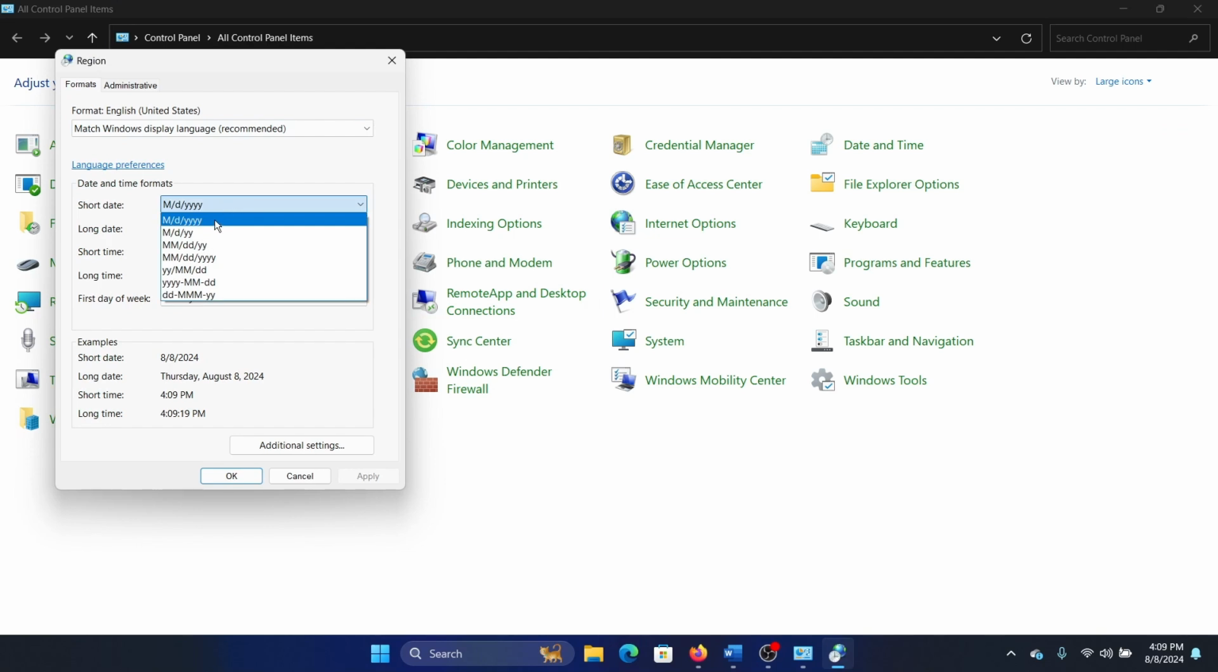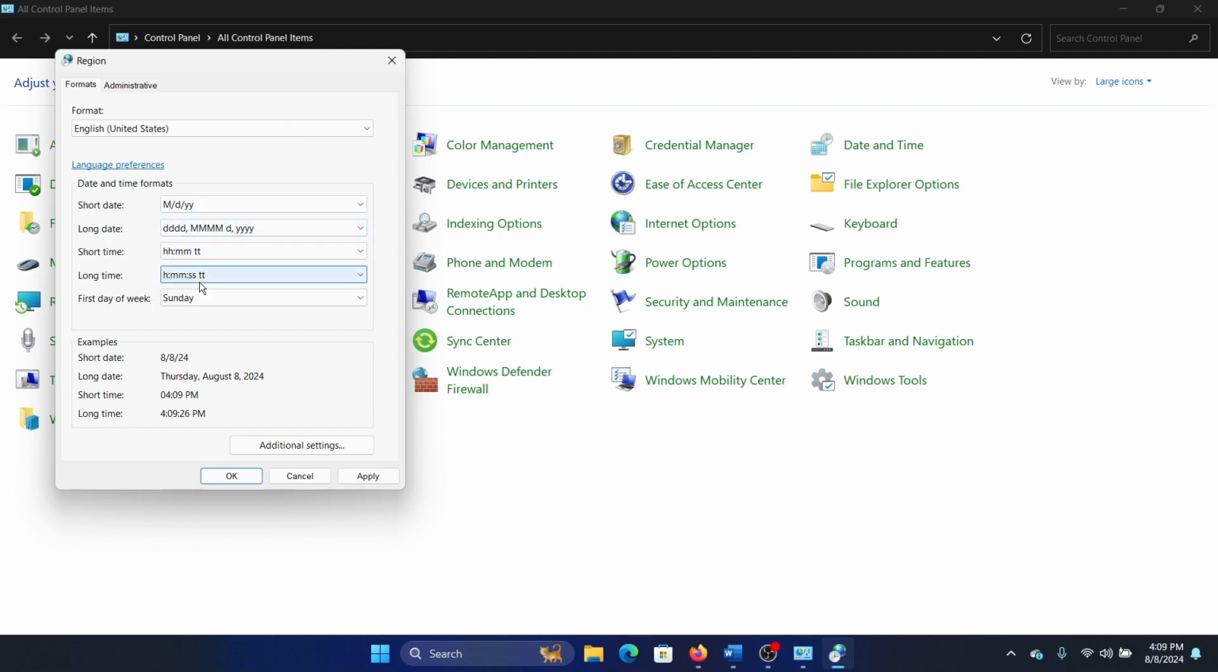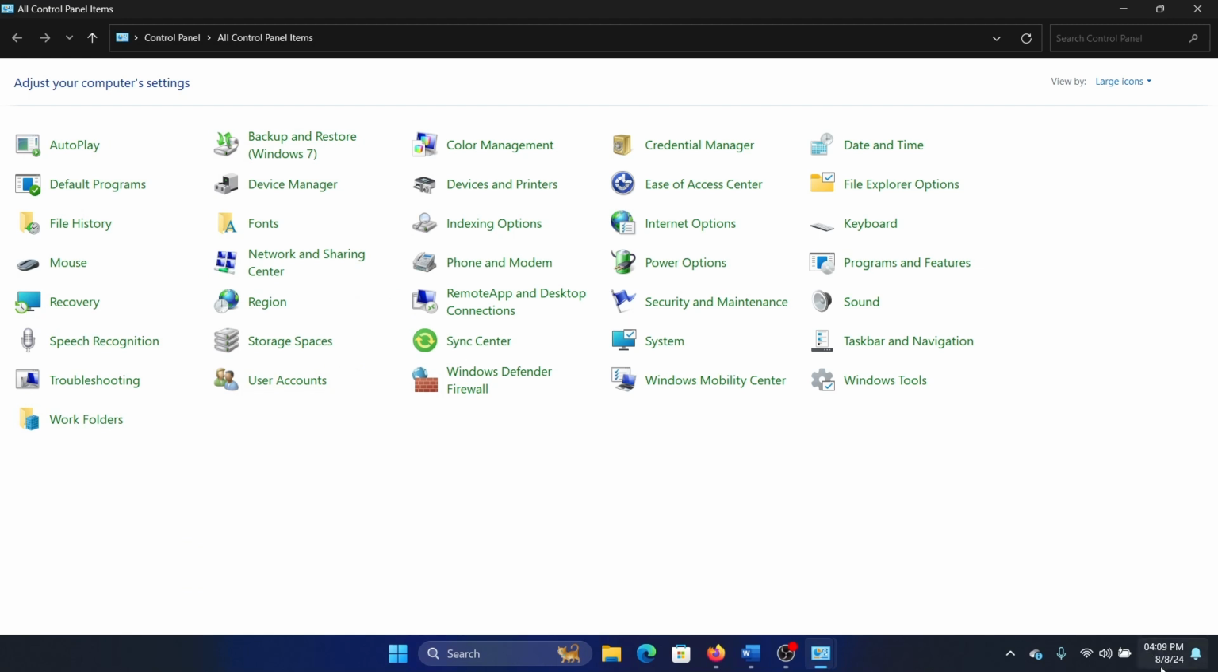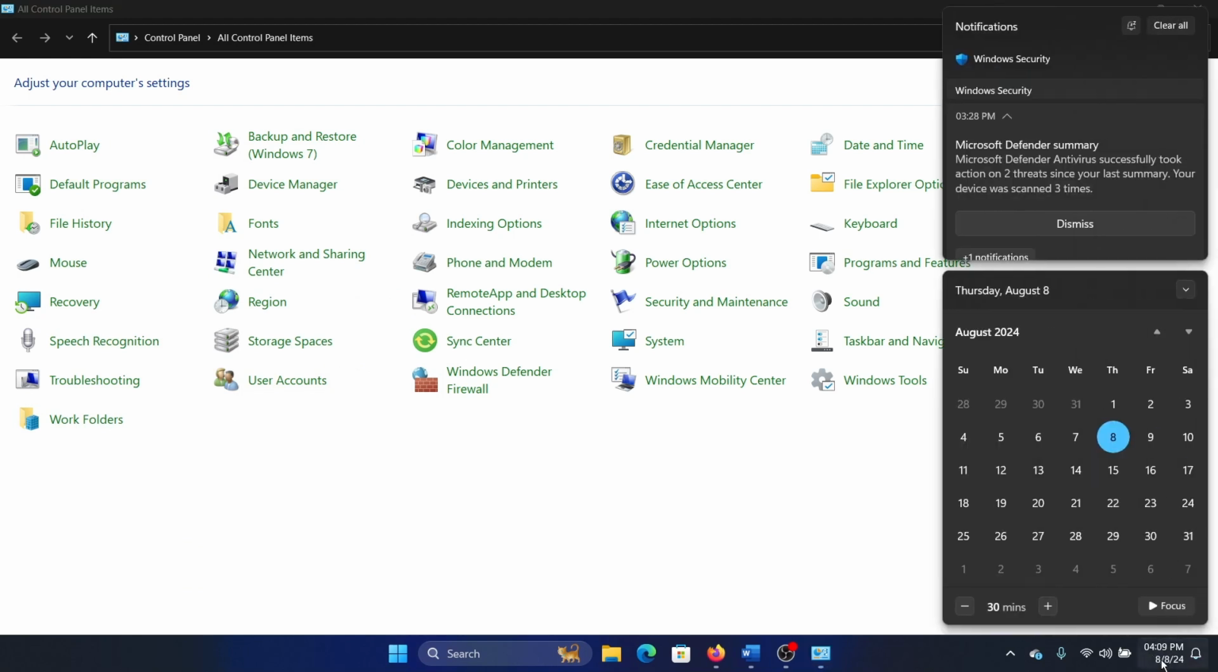You can change the format, the date format, the time format and all. You can change anything that you want to. Click on apply and then on OK, and everything will change here, and this clock will be replicated to the